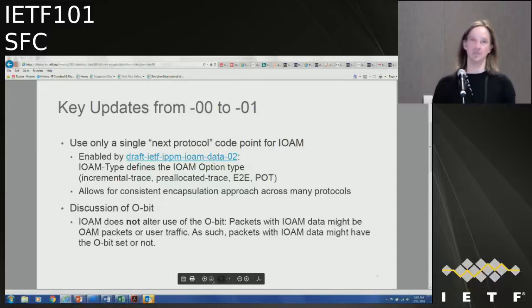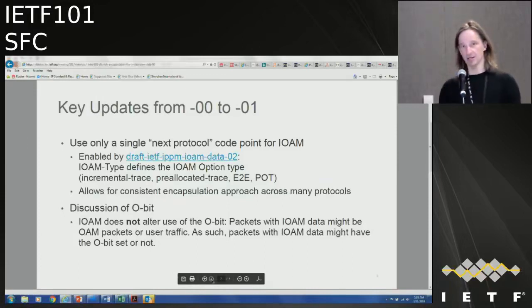So what we decided on doing is we consolidated the data structures in the data draft so that you have a type field for all the various options that IOAM has, i.e. pre-allocated trace, incremental trace, proof of transit, and edge-to-edge options into individual type fields, so that from a parent protocol perspective, we only need a single type. And that is really what we changed and reflected in the draft here and the update, so that by now we only request a single code point for the next protocol in NSH.